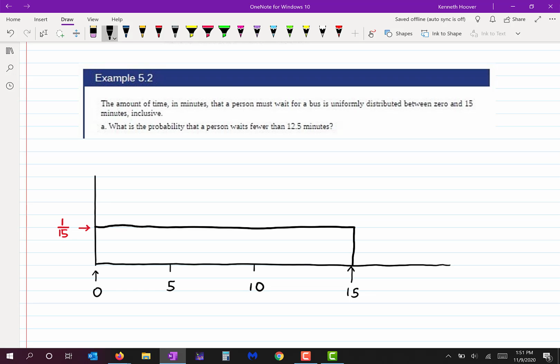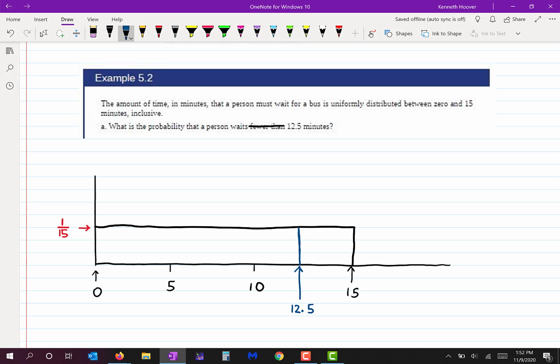What if the question was different? So the question says, what's the probability a person waits fewer than 12 minutes? What if the words fewer than were not there? Then you could not answer that question. What's the probability that a person waits 12.5 minutes? You would not be able to answer that question given this information, because